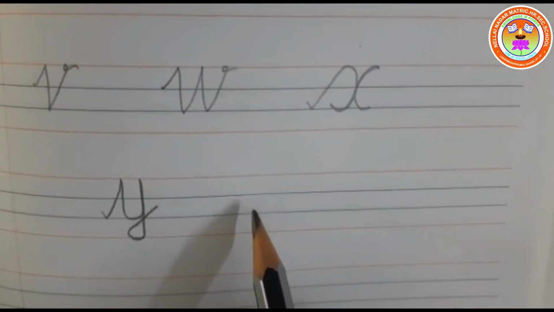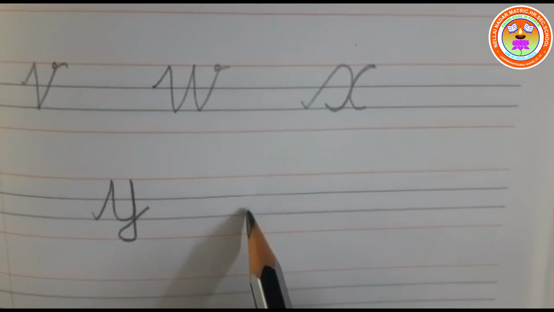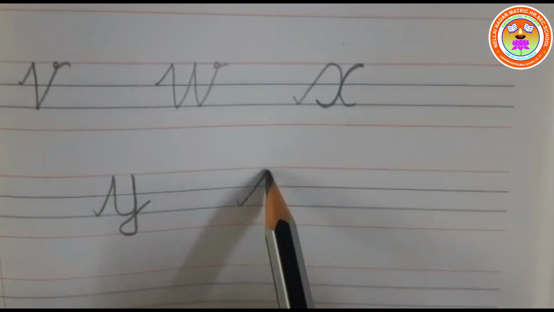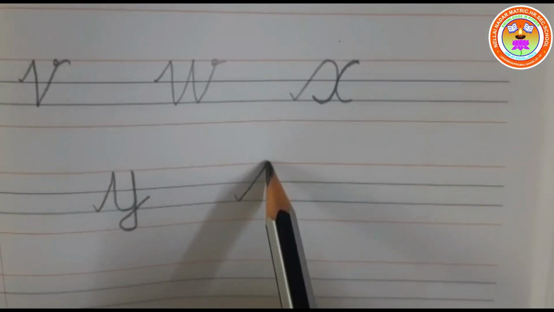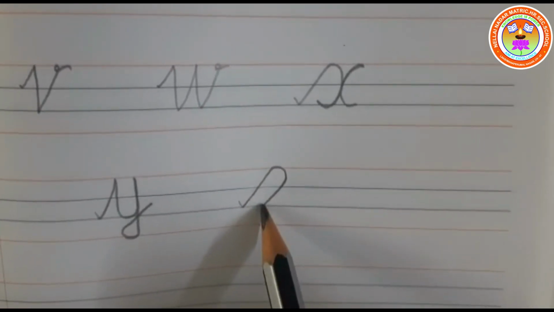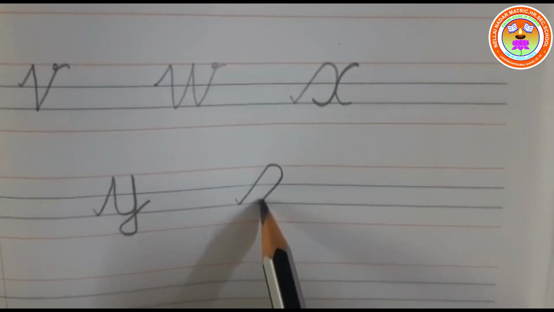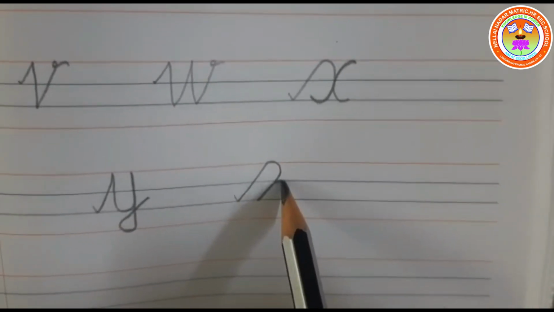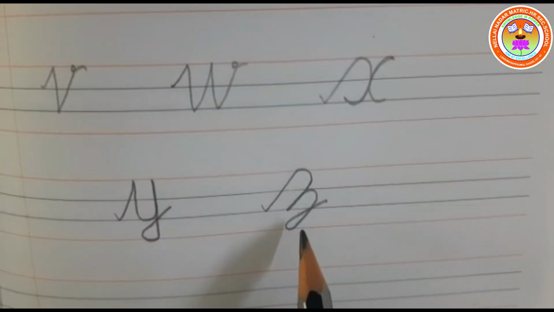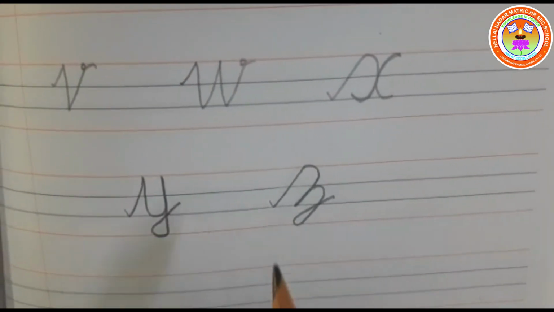Now we are going to write the last alphabet. Okay, that is Z. To write Z, put a long tick. Okay, touch the top red line and here take a bend and again come back to the second blue line. Now go off the way, touch the first blue line, again put another curve and tail. Okay, this is capital cursive Z.